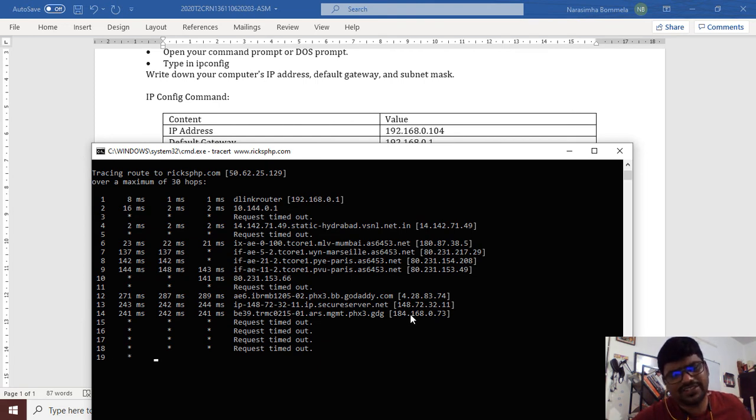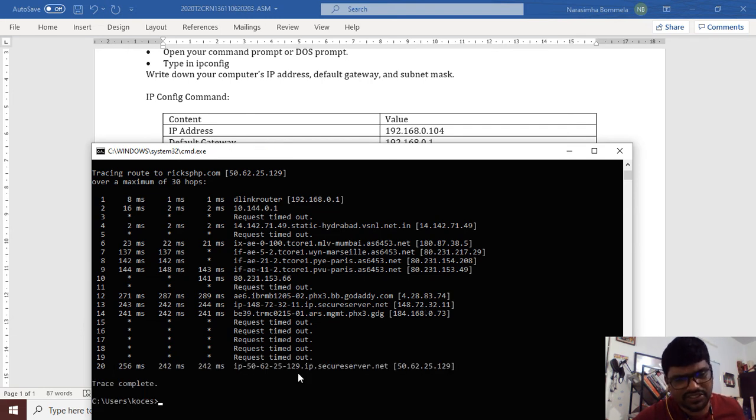From here the connection is getting delayed, maybe because of some security issues, I guess. Now it reached the target IP. You can see that from the location where we are pinging to the target website, there are 20 routes. Understood?